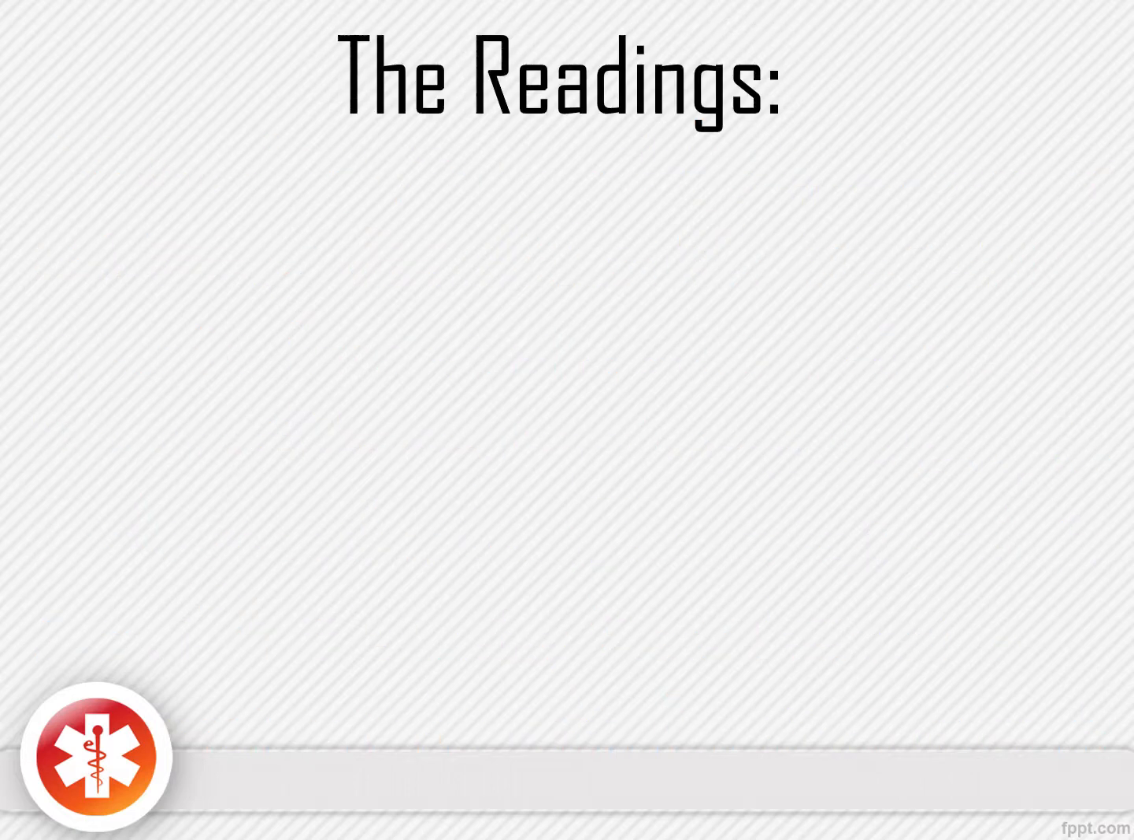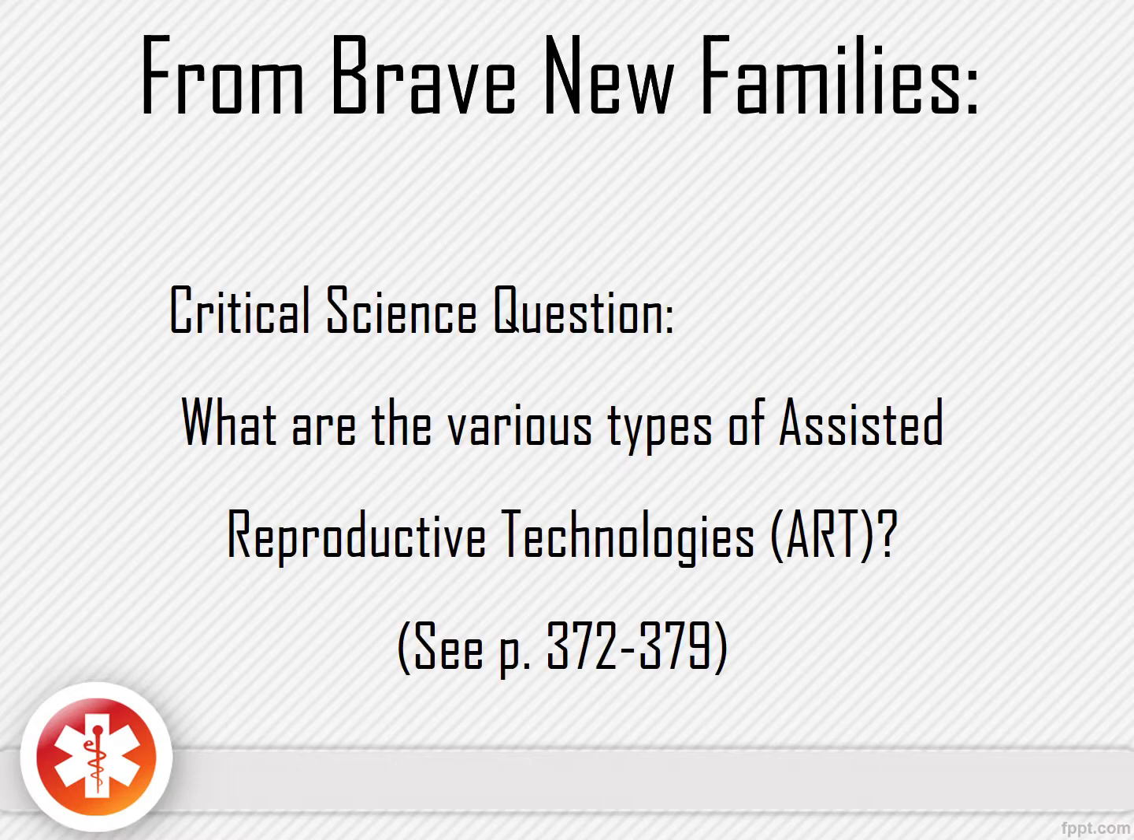So all of these kind of arise out of the readings that we looked at. A lot of interesting things going on, a lot of interesting statistics, and we'll talk about them in class. But it's important to know the various types of assisted reproductive technologies that are out there. They're described and defined after the initial readings. So you'll want to be sure to read pages 372 to 379 and be familiar with the different ways that